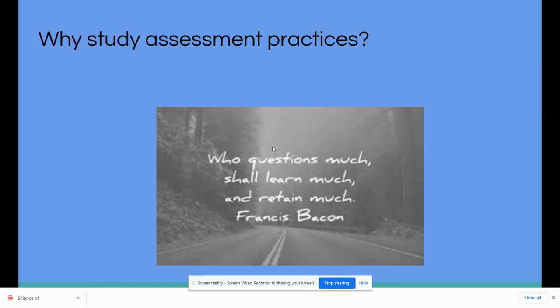Why are we going to study assessment practices? Reading is a very, very complex, integrated, amazing thing that we all do. The issue with reading, though, is we're all at different levels with reading, our ability, our experience, and our performance with it. And one of the biggest challenges educators have, no matter what content area they teach, is working with students who struggle to read.